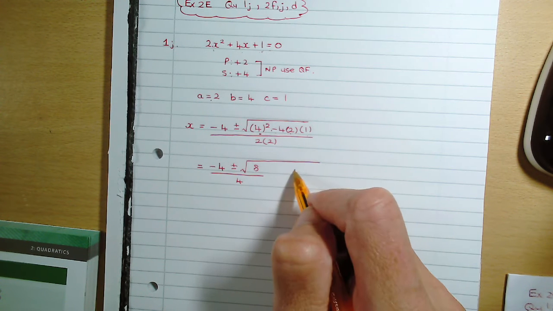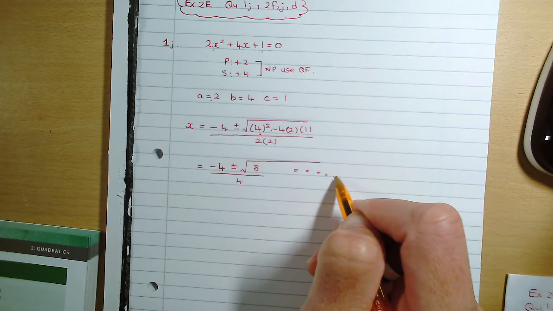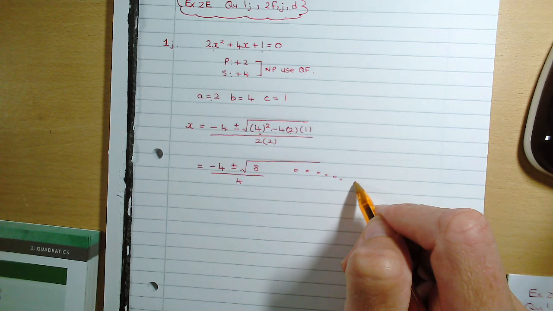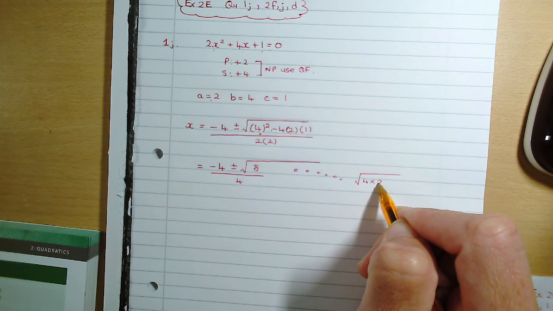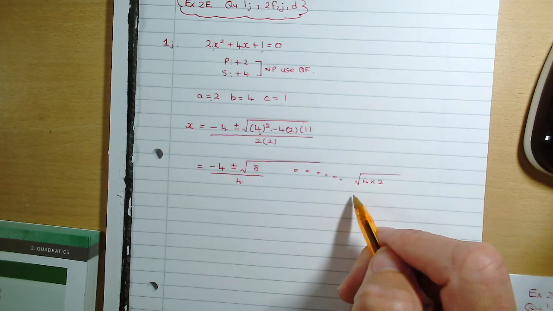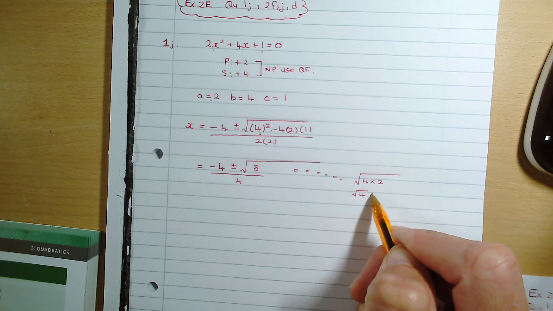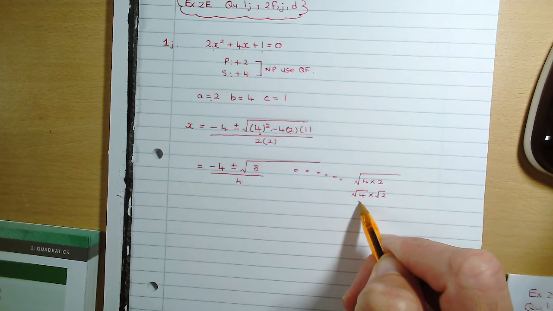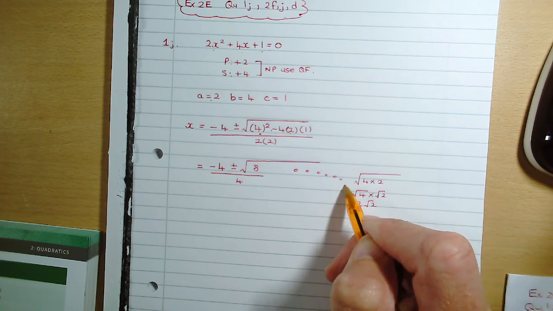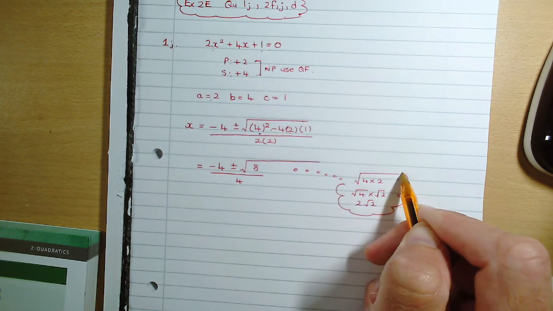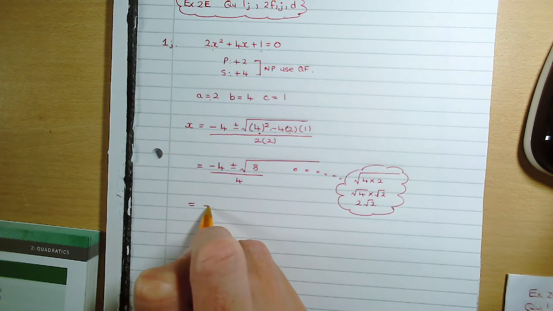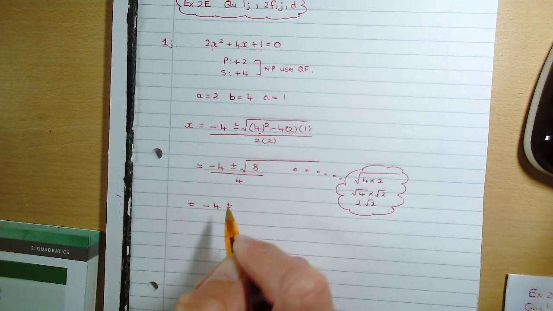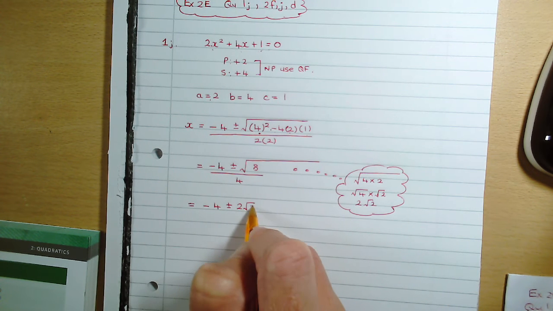Now, we've got a surd, root 8. We can simplify it. Always try to simplify surds. Largest square number that goes into 8 is 4. So that's 4 multiplied by 2. And then break it up using surds rules. That's root 4 times root 2. So that's going to be 2 root 2. So if we tidy that up, we're going to get minus 4 plus or minus 2 root 2 all over